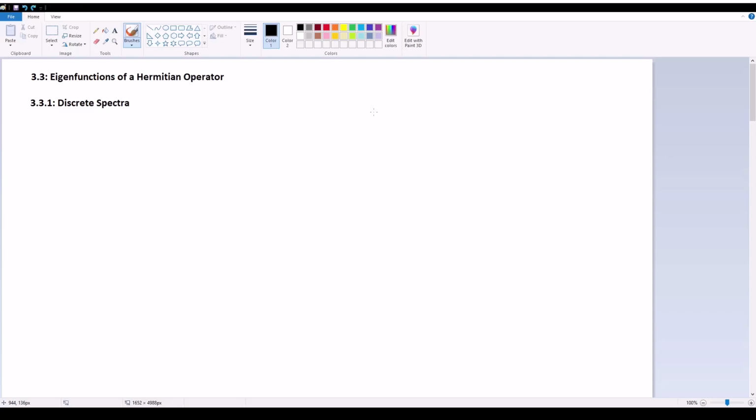3.3 is where we actually start getting into quantum mechanics, because 3.2 and 3.1 were very much introductions or reviews of linear algebra, and a very basic introduction of how it can be applied in terms of quantum mechanics. So the big thing that we've taken away from the early sections of chapter 3 is basically